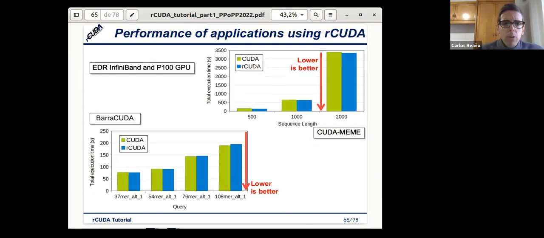Now here we are also showing performance with a more recent GPU, the P100. And again, we see that for these two applications we have very good results. The performance is more or less the same as using a local GPU, and in some cases we run even better, such as in this case.